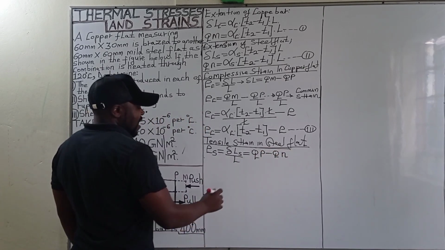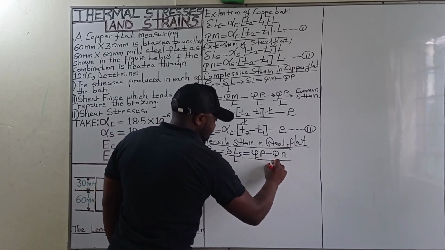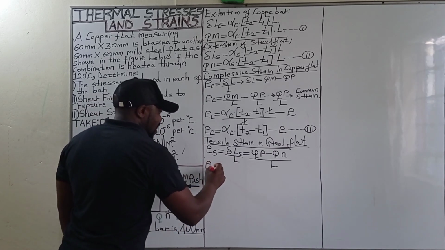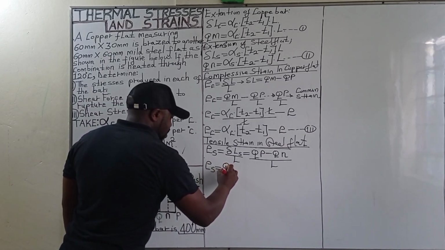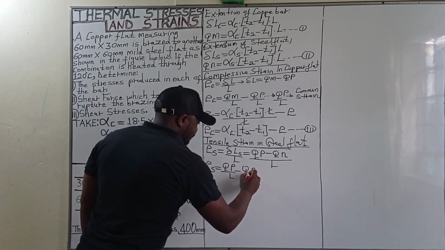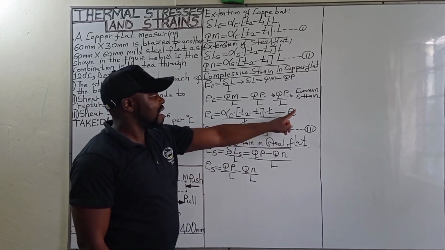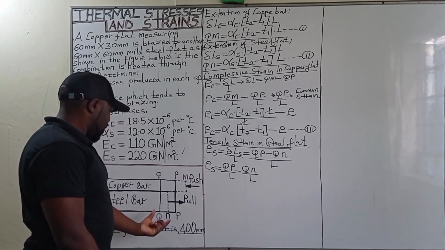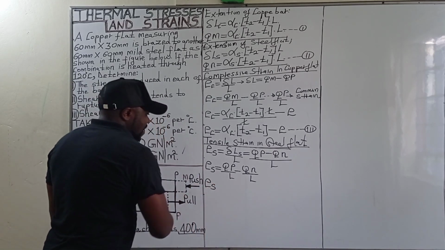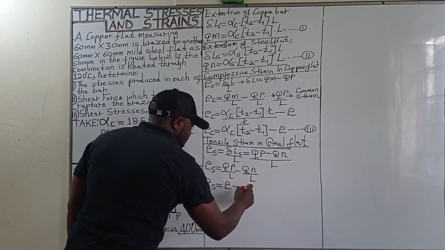That is the change in length over the original length, which is L. We can separate the two by having tensile strain in steel being equal to QP over L minus QN over L. But we have said that QP over L is the common strain of the two flats. Therefore, we are going to have the tensile strain in steel being equal to the common strain minus